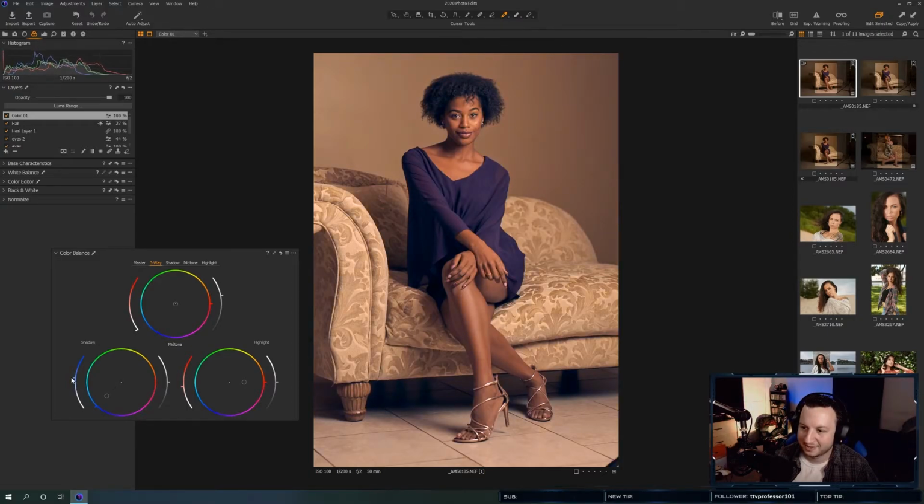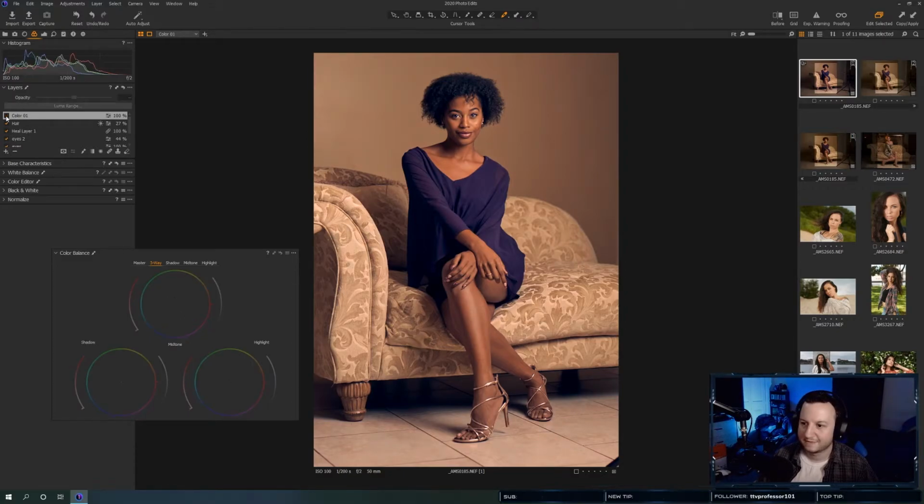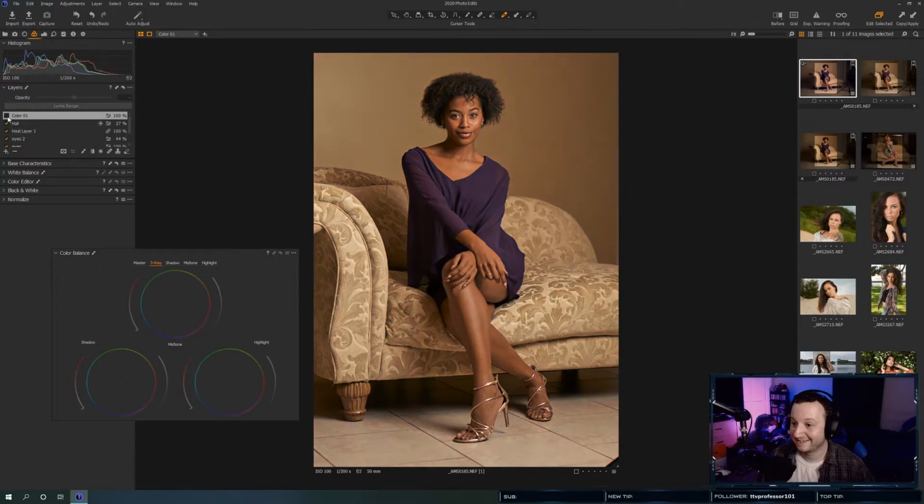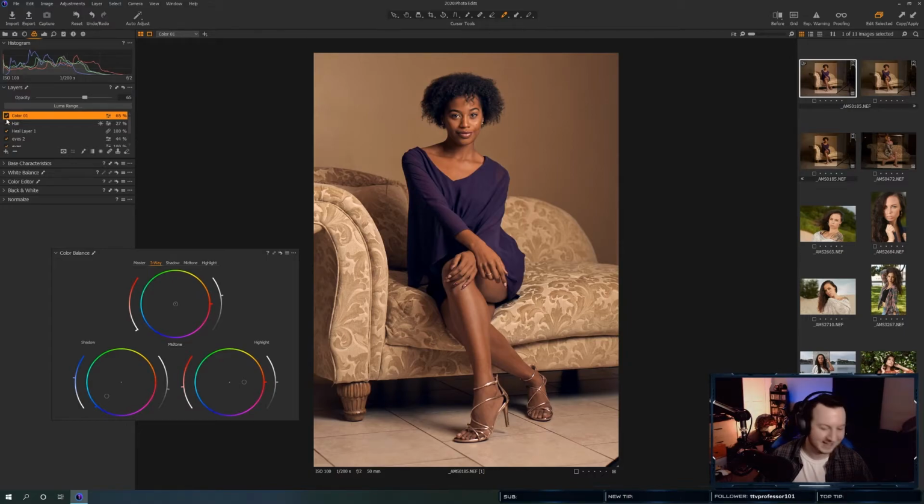So we'll add some blue. We can darken that down a bit. Add a little bit more red into the highlights. So let's see before and after. That's not too bad. It's not too bad. And then if we lower the opacity a bit, that's really not too bad, guys. Look at that. Hey, sometimes it's the weirdest things that work, right?